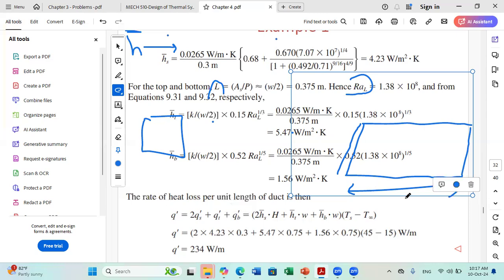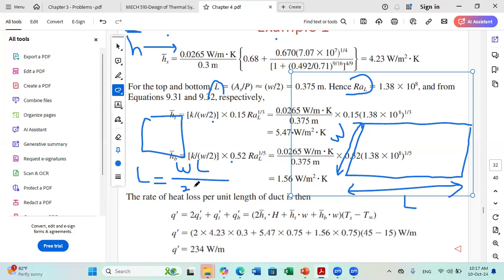You have a very long duct of length L and of width W. And whenever L is very large, when you have a very high length compared to W, you can simplify a little bit the characteristic length. Why? Because what is the formula of characteristic length? The characteristic length is the area of the horizontal surface over the perimeter. If you have a rectangle, the area is W times L, okay? While the perimeter is